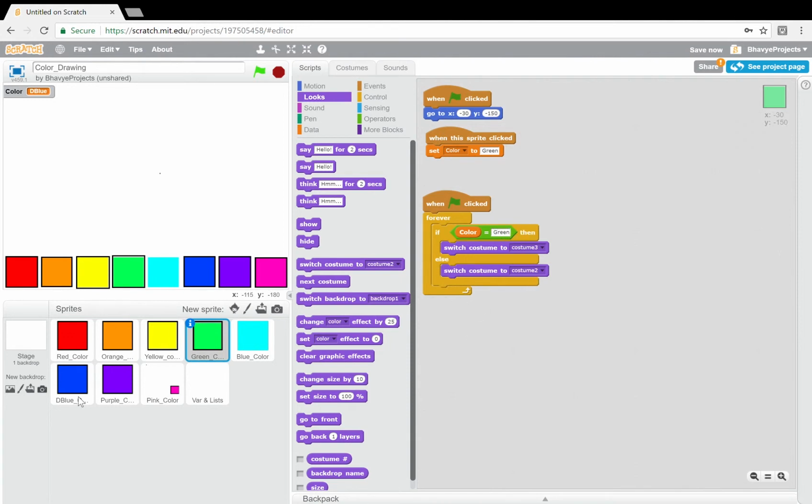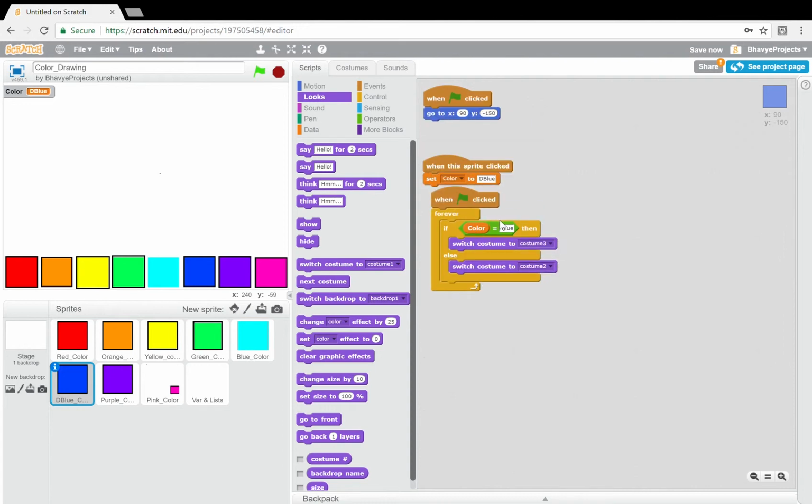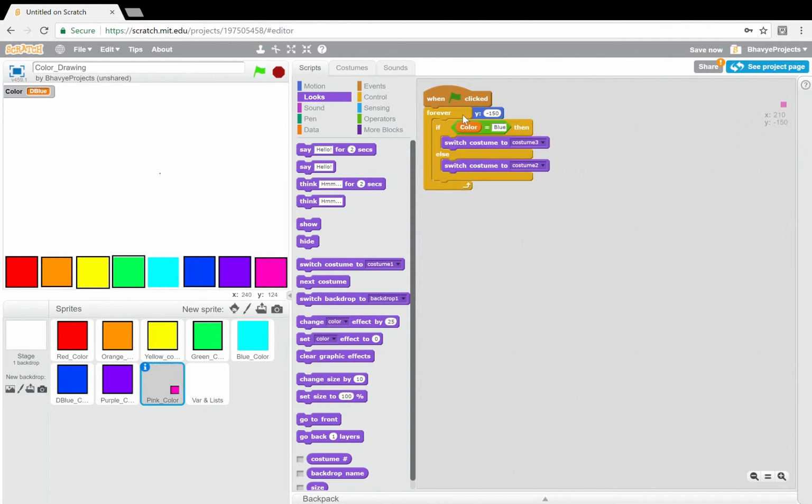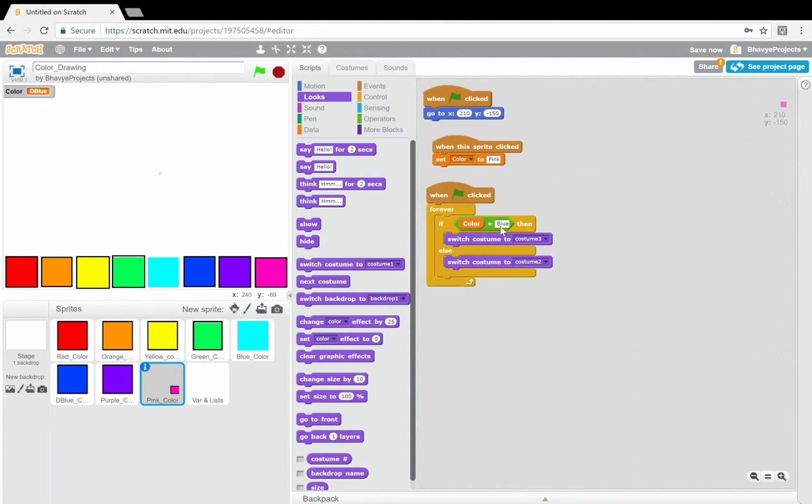And then over here blue, and then this is dark blue, I suppose. Blue over here, and then this is going to be purple, and this is going to be pink, right? So there we go. Now if I run the program,